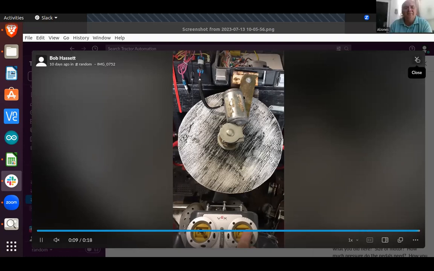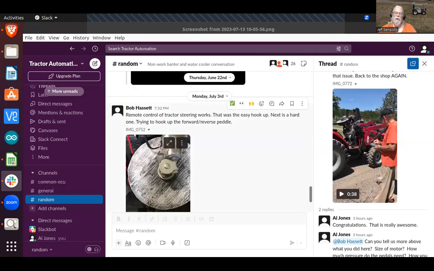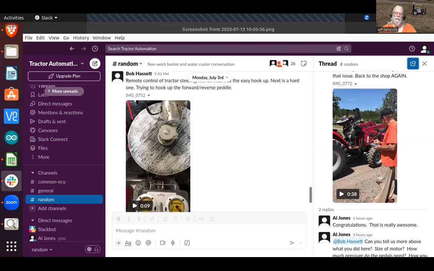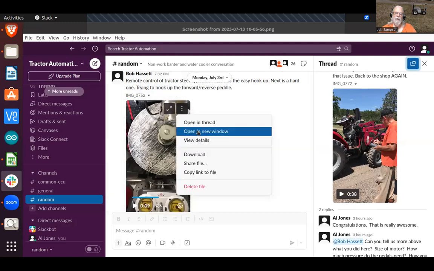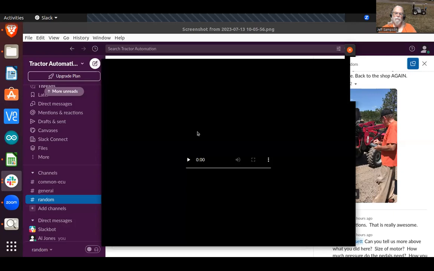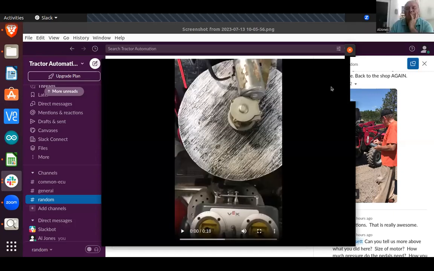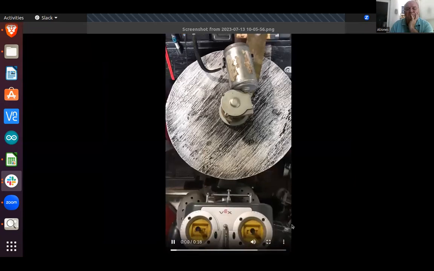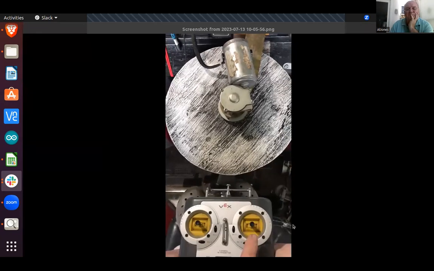Hold on, hit X to close it. And then go on the picture, those 3 dots on the picture, and it'll say, see in the upper right hand, yeah, click on that. And then say, open a new window. There you go.